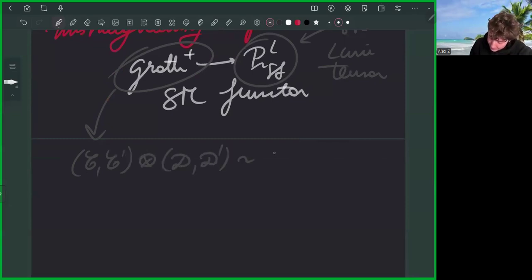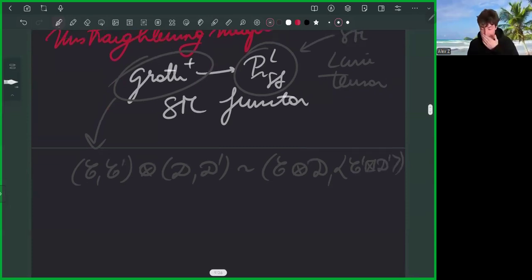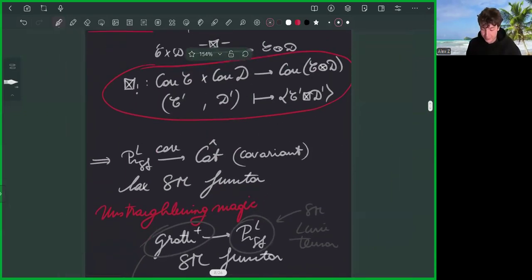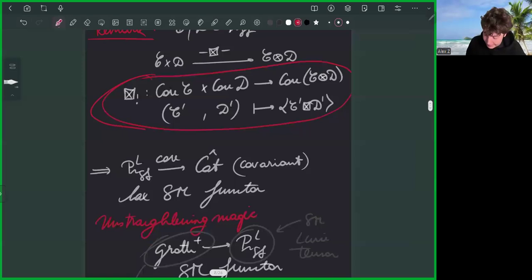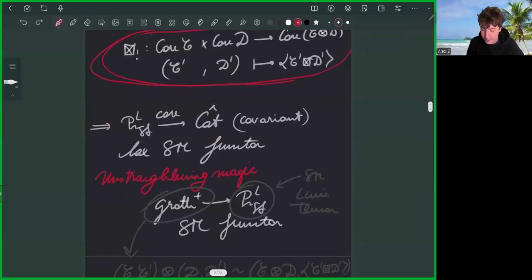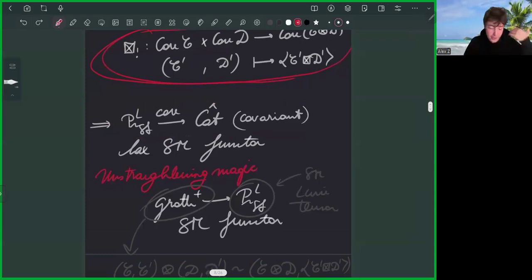that is given as follows, namely tensoring is doing Lurie tensor products on the first component and then taking the hull of these things here, like we did before. And this gives you a symmetric monoidal structure. And the way to make this rigorous is saying that this functor here is a covariant Lax symmetric monoidal functor, and from there you can do some unstraightening magic. And the unstraightening magic,